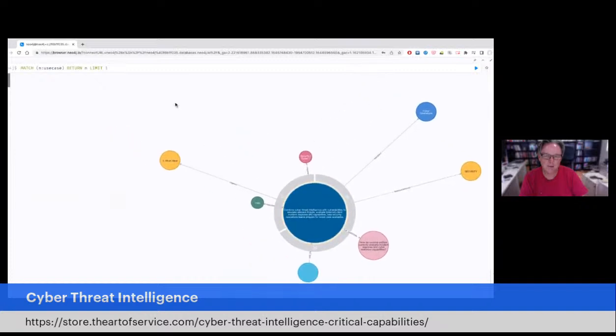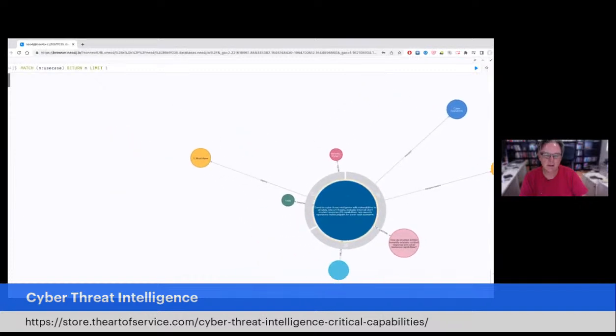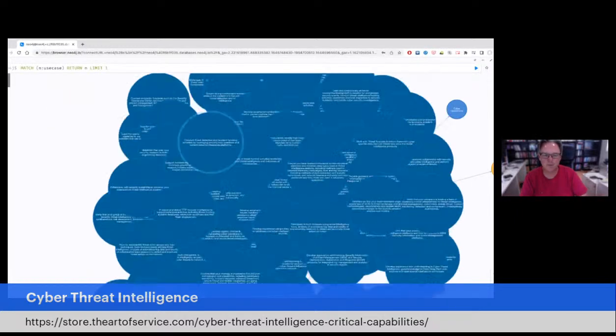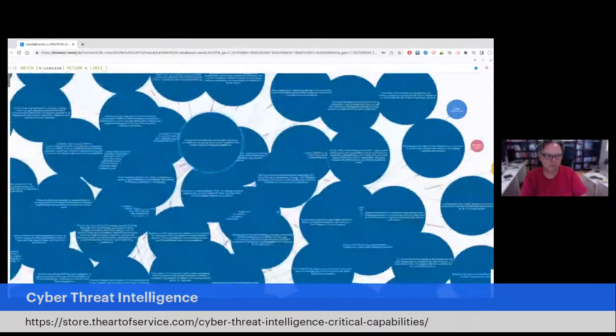If I click on the must-haves, you get to see all the must-haves. That's the way we organize the critical capabilities in must-haves, should-haves. You can do those later, and five different steps for prioritization, basically. If I double click on the must-have, it'll open up a whole ball of exciting things that need